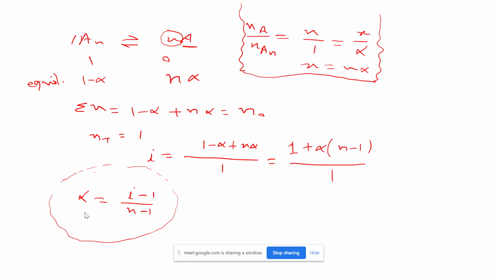Okay. And here i is always greater than 1, because you can see here, to this 1 we are adding something. Alpha is not 0, it is non-zero, then we are adding something to 1, so it is greater than 1 always for dissociation.